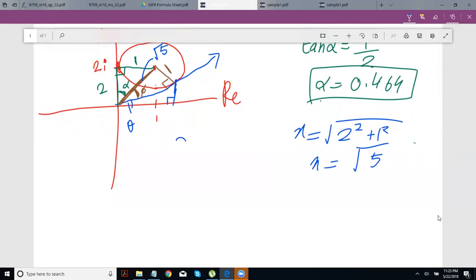So that is going to be sine phi is, what's the opposite? It is 1, and what's the hypotenuse? It is root 5. So now you can calculate sine phi, or you can write sine inverse of 1 divided by root 5, which is incidentally also